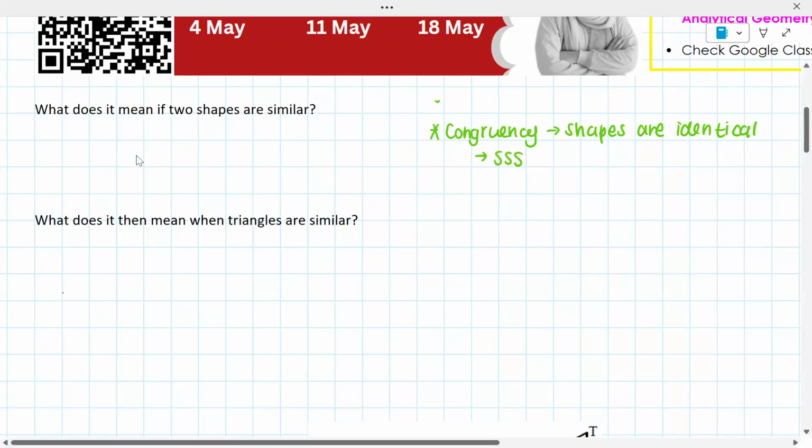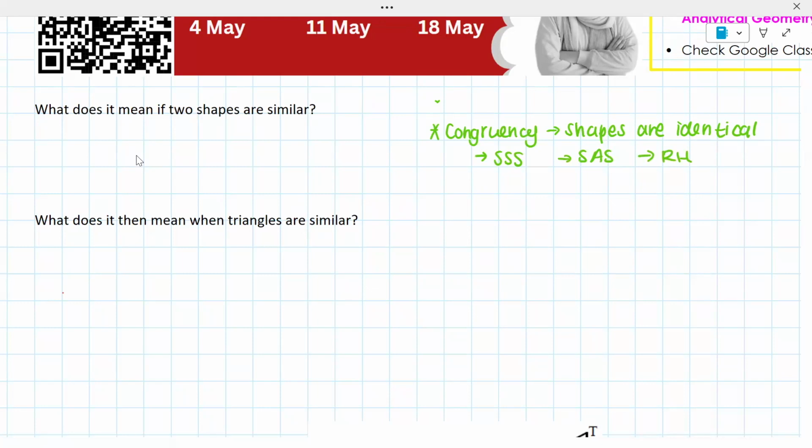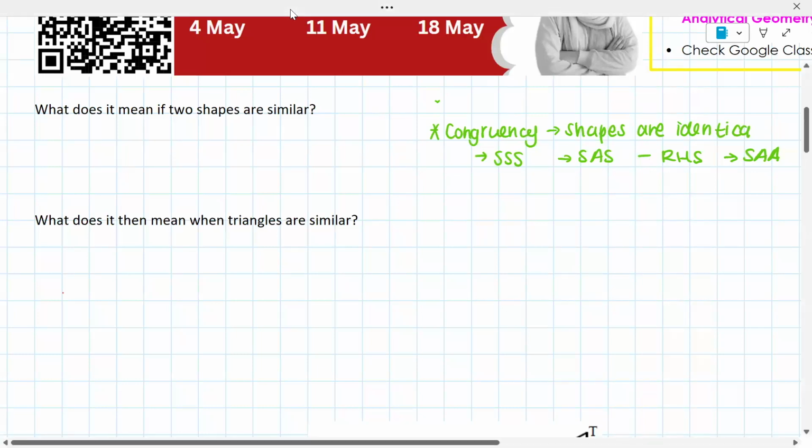Side, side, side. Side, angle, side. Right angle, hypotenuse, side. As well as side, angle, angle. So congruency is identical shapes. If we then go and talk about similarity, which is obviously our focus here today,